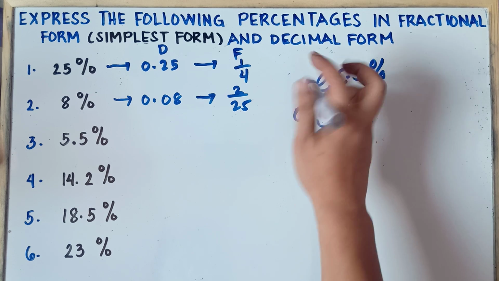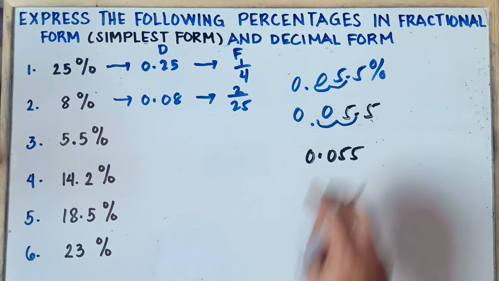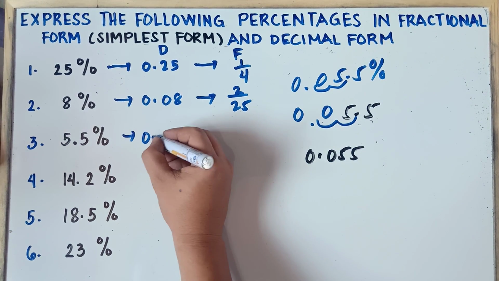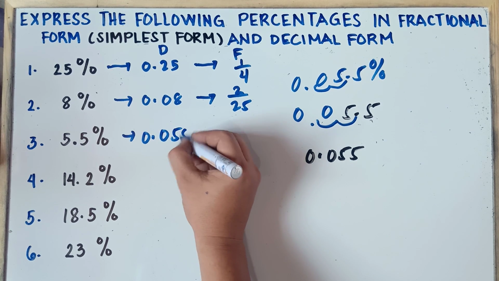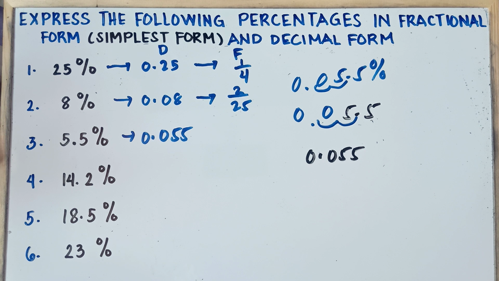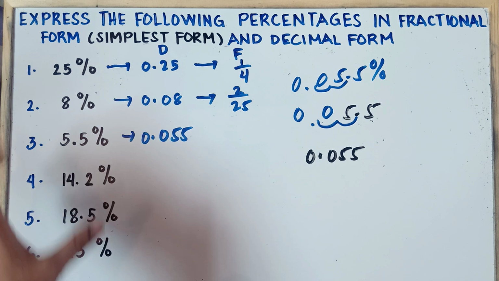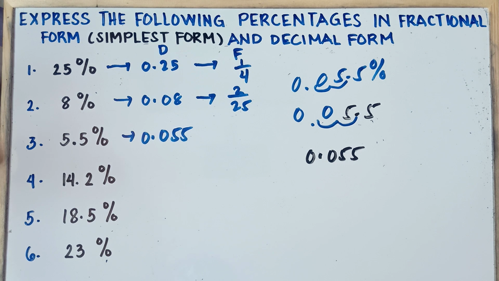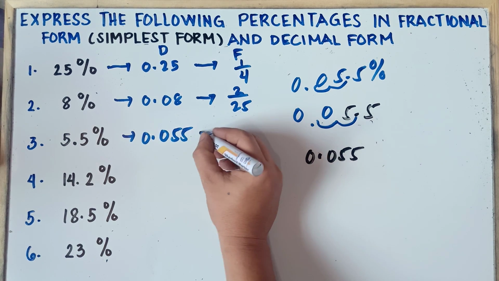That's it, 0.055. So the answer is 0.055. Once again, class, you can always check using your calculator if the teacher will allow you to use a calculator. Once again, class, there are some cases that your teacher will not allow you to use a calculator, especially if you have given an example like this, class. You can actually answer this one easily without using the calculator.